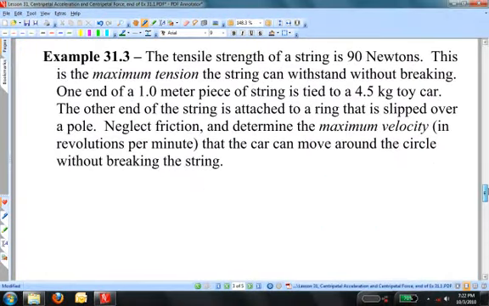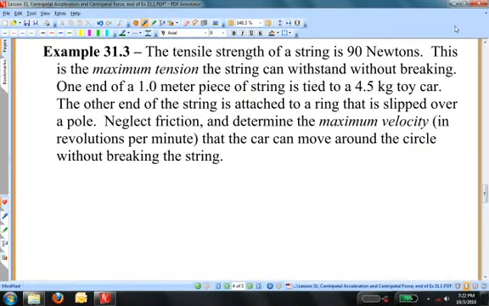The tensile strength of a string is 90 newtons. This is the maximum tension the string can withstand without breaking. One end of a 1.0 meter piece of string is tied to a 4.5 kilogram toy car. The other end of the string is attached to a ring that is slipped over a pole. Neglect friction and determine the maximum velocity in revolutions per minute that the car can move around the circle without